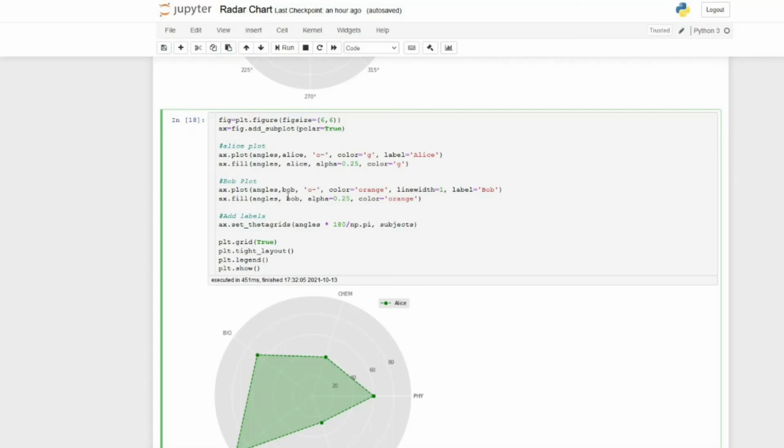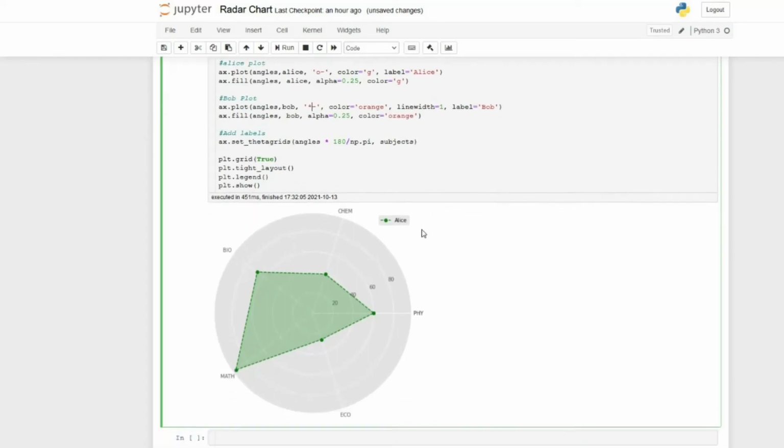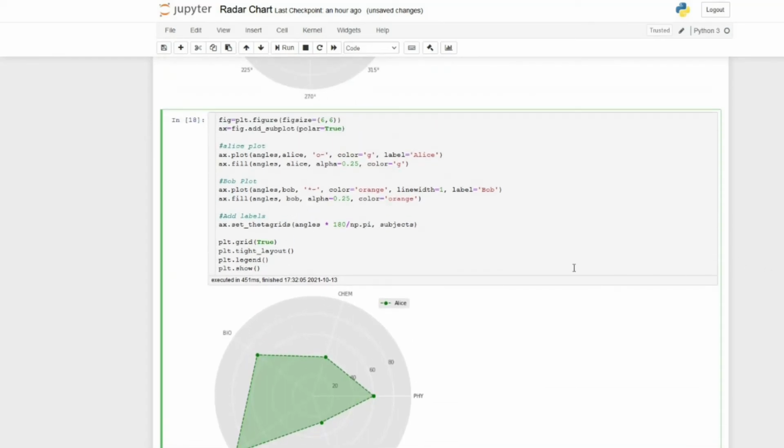Green, and okay. So for Bob, I will do one thing. I will change the marker, and for Bob I will use a star marker. Okay, let's see.